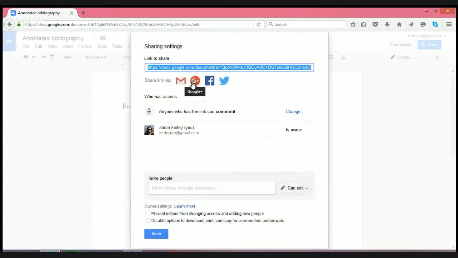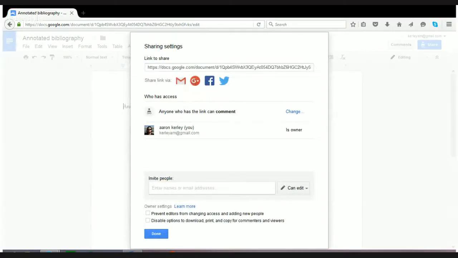Go to the Google Plus icon. You will see a thumbnail here. You can add a comment here. Get rid of the public and go find the community.